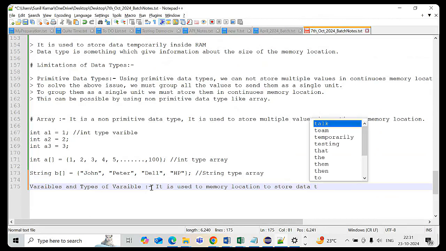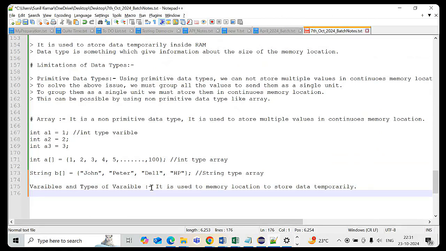Temporarily, right? We have primitive and non-primitive, right? So primitive variables we